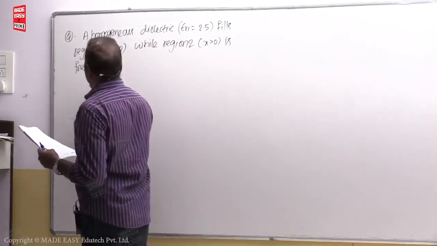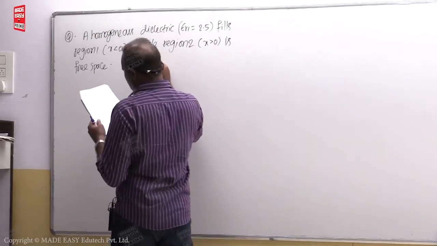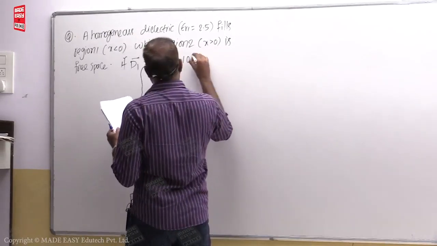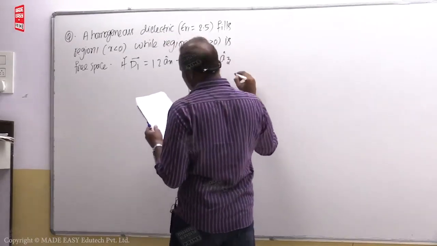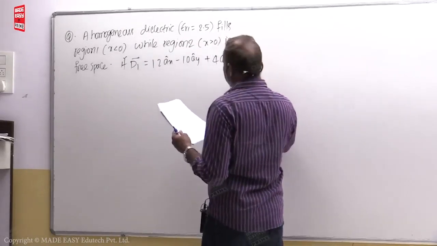If D1 bar is equal to 12ax minus 10ay plus 4az, that is not a2, that is az, nanocoulomb per meter square,